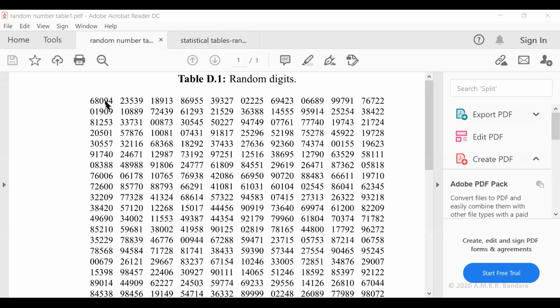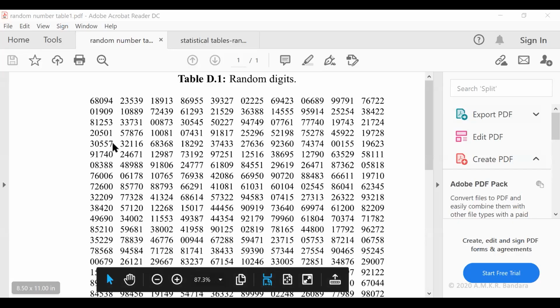There are some random number tables which consist of more digits. For example, this random number table consists of 5 digits. Here 60,000, 8,094. Here 76,006. Likewise, this table consists of 5 digits.